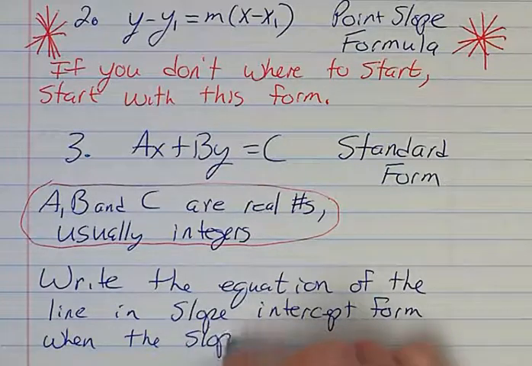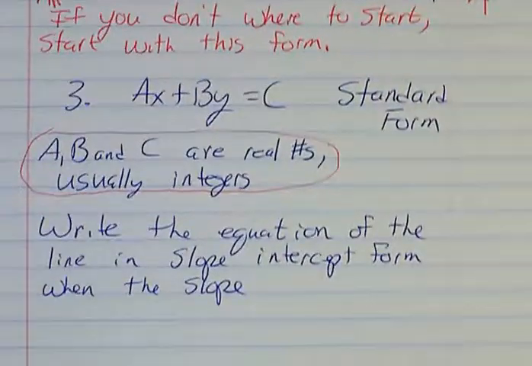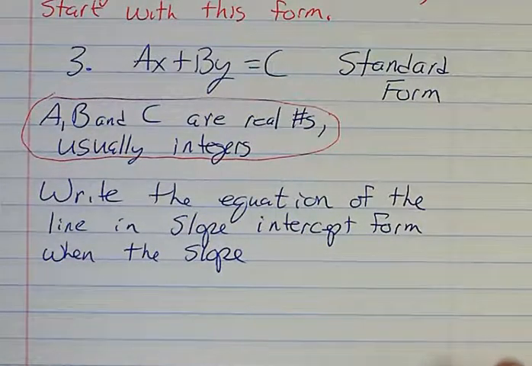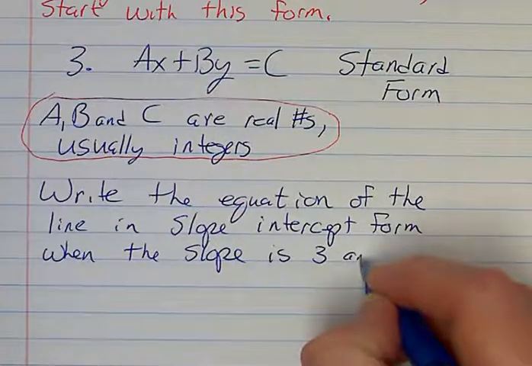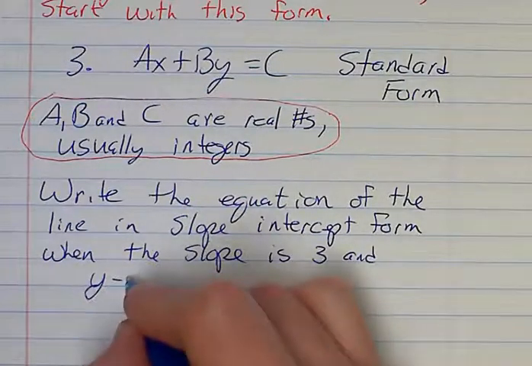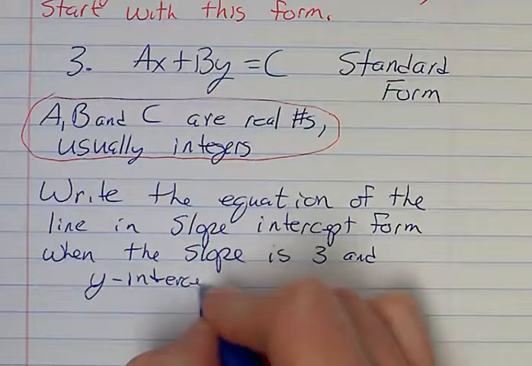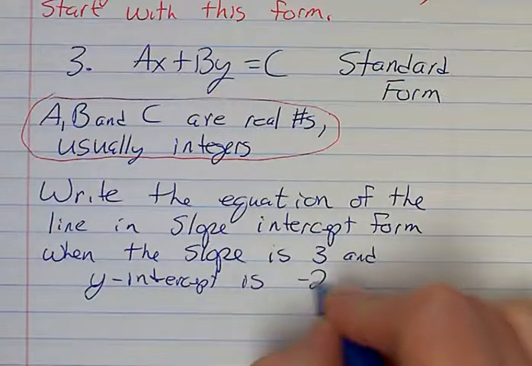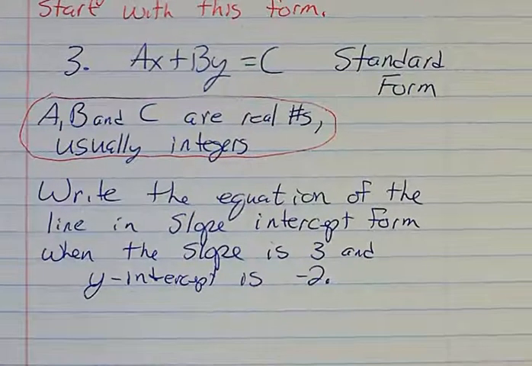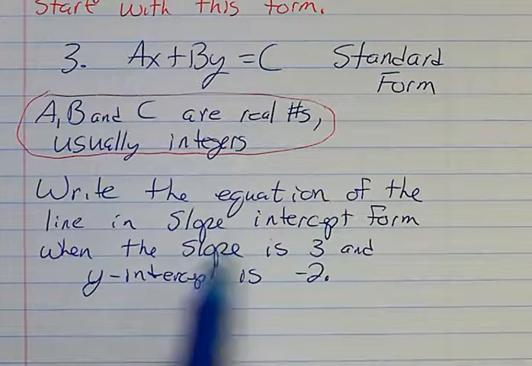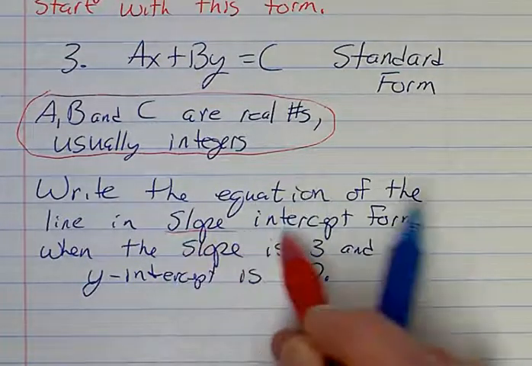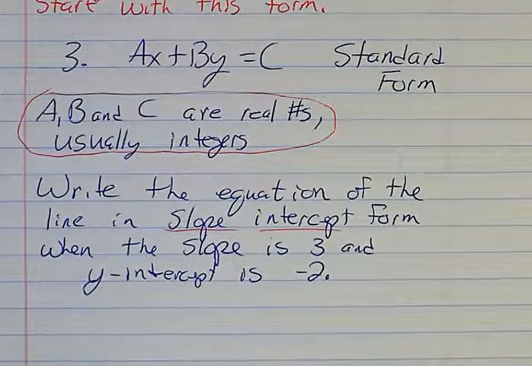Okay, now here's kind of the one exception when you wouldn't start with the point slope formula. If they give you the slope and the intercept, that's one where you don't have to start with the y minus y1, because if they give you the slope-intercept, you've got everything you need to write it in slope-intercept form, because that's the two things you're looking for. So if they give you one like this,